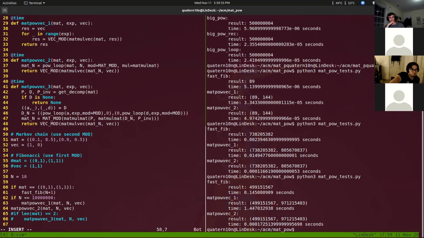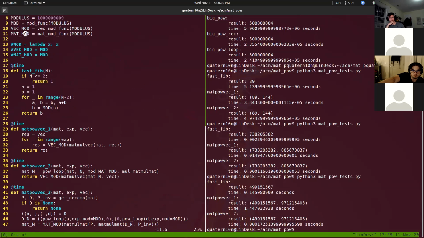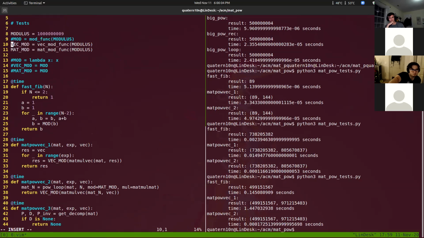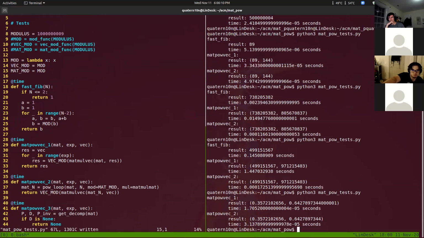What's the probability of being in A or in B? So if I do this here, I'm going to remove the modulus. So here, you get a 35.721% chance to be in A and 64.27% chance to be in B